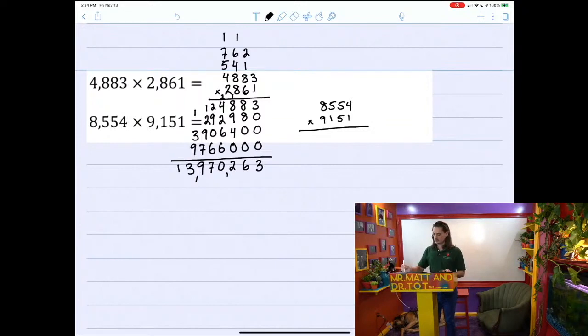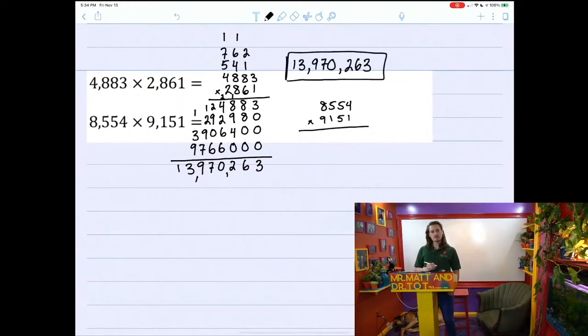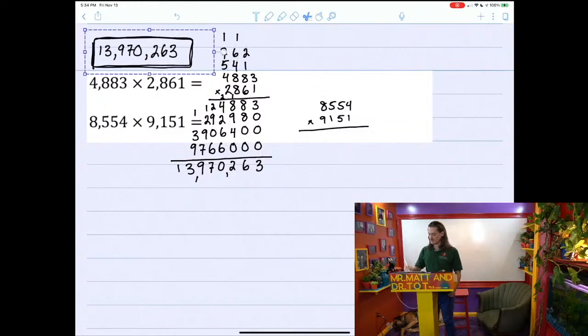And actually, I'm going to put this over here because I'm going to have to use that space for the next problem. For the second problem, 8,554 times 9,151. So starting with the ones, I'm going to have 1 times 4 is 4, 1 times 5 is 5,